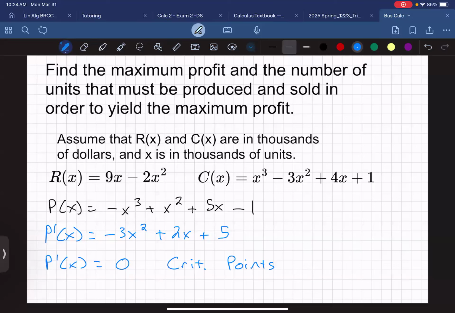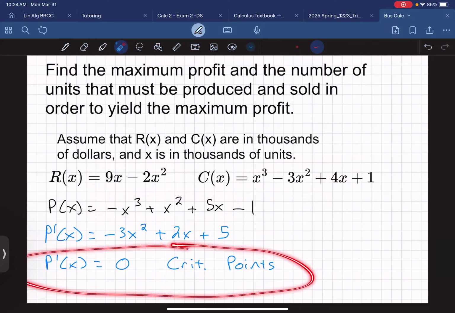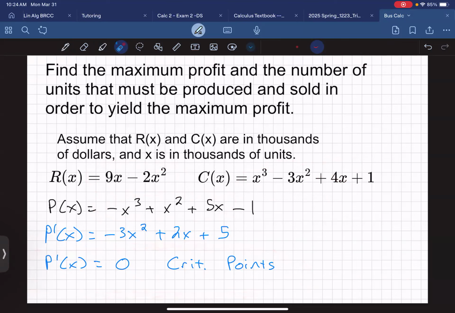If you don't get any positive solutions, make sure you kind of question, all right, let me double check my work. Because if you mess up one sign here, going from the revenue and the cost and that subtraction, and you don't get the correct signs with these, it might affect what you're trying to do here. So it's very important that we're careful, okay? So with that said,